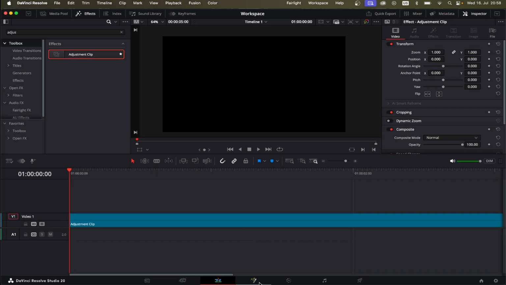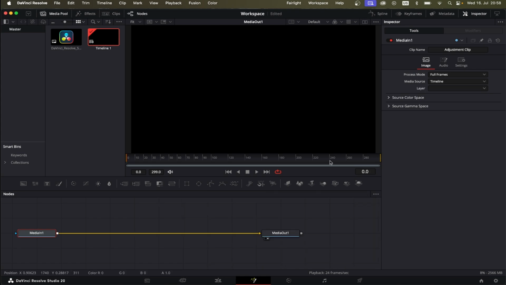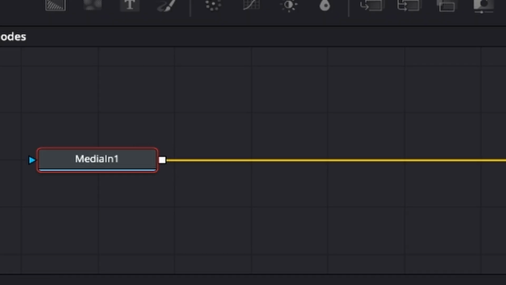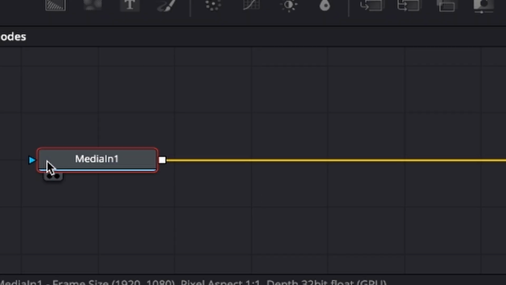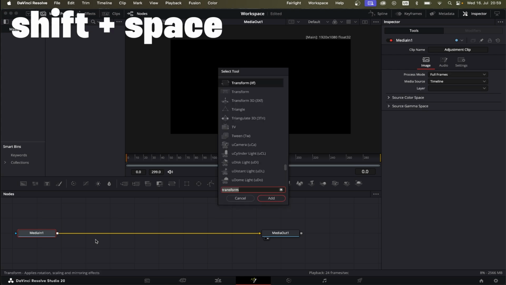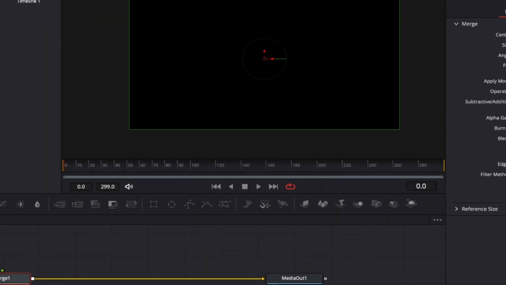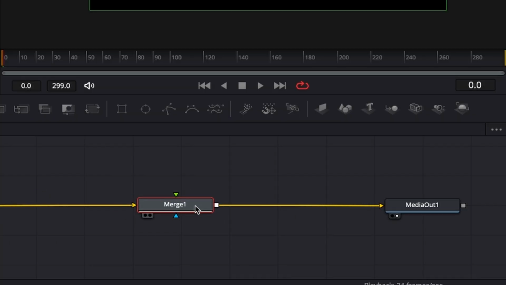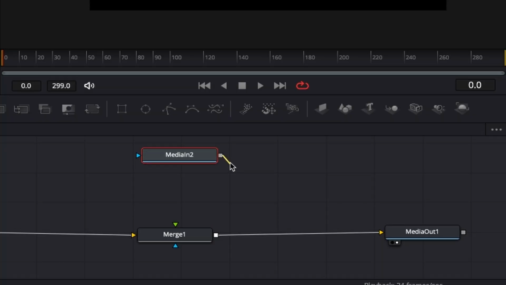To do this, we just open up the Fusion tab down here, and now we can see that we have our media input and our media output. But until now, we have nothing on the screen. So we click on the media in node and press Shift plus space. On Windows, it's Ctrl plus space, and we just type in MRG and hit enter. Now we have a merge node, and now we can just put in our icon and connect it to the